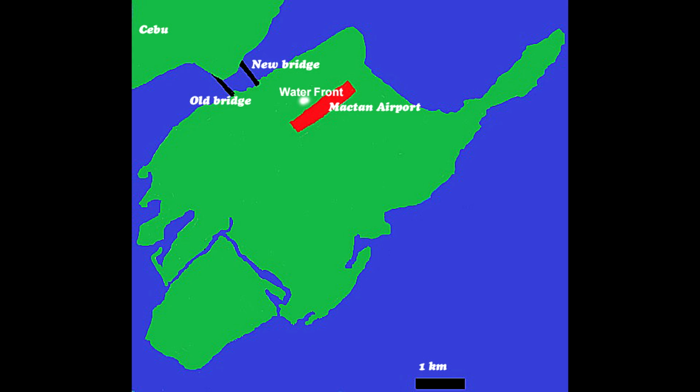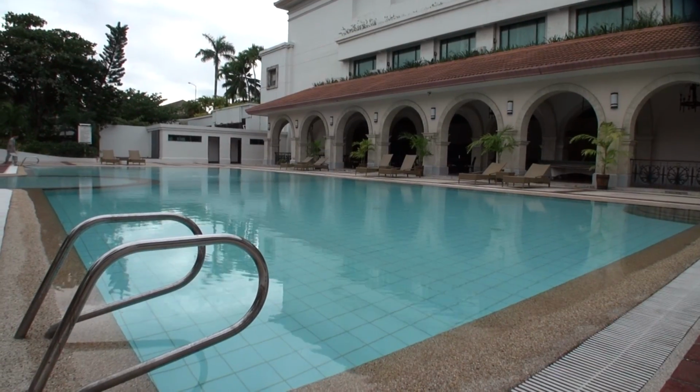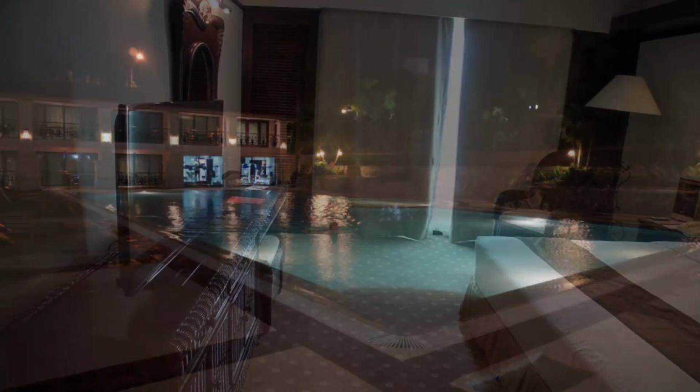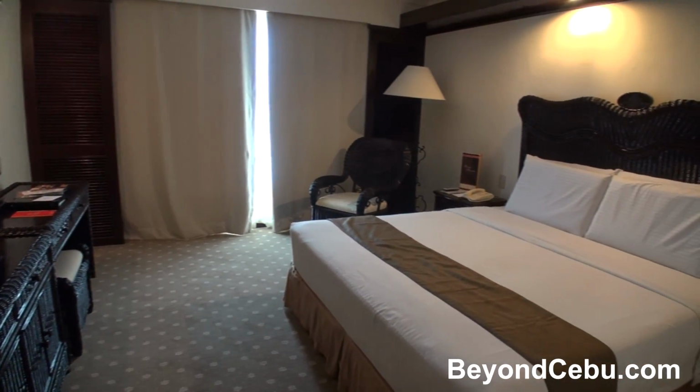If you need accommodation near the airport, the closest hotel is the Waterfront, which is just walking distance from the airport. It's a little dated, but overall it's pretty decent. For more details on this hotel and other resorts, please check out my other videos or visit my blog Beyond